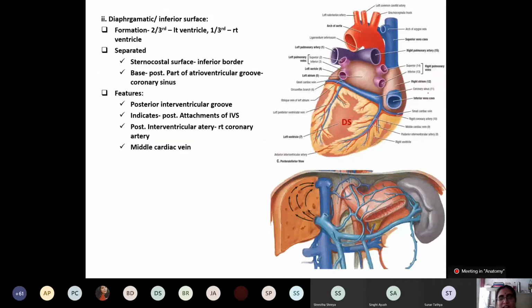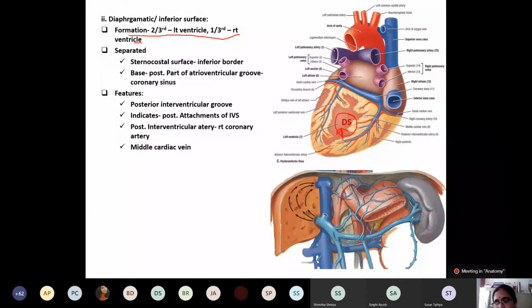Another question we will ask for the spotter is, identify the pinned part of the viscera, the diaphragmatic surface. The second question would be, what is the formation? It is formed 2/3 by the left ventricle and 1/3 by the right ventricle. And what are the features?